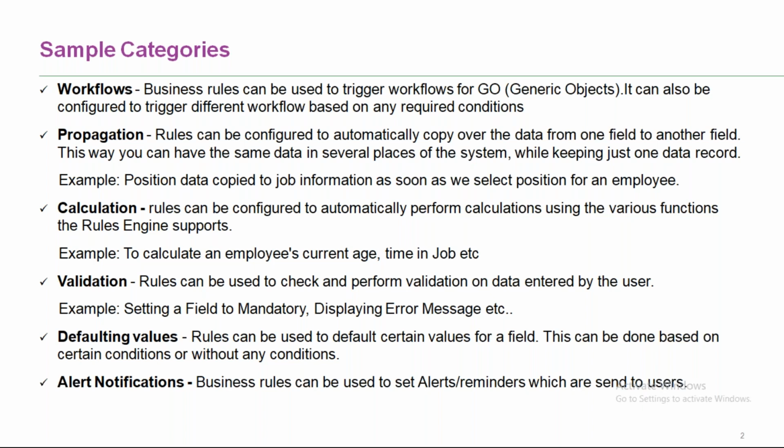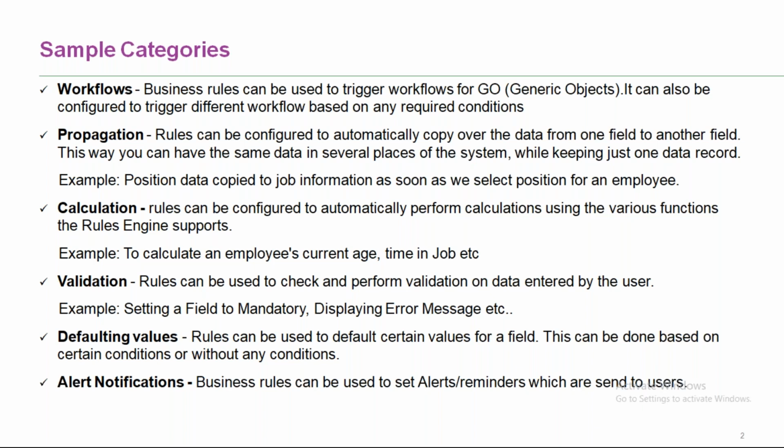Now, if the user selects marital status as married, then it should become mandatory. This cannot be achieved in managed business configuration. There you can specify whether a field is mandatory or not. If I say mandatory there, in all the conditions it is mandatory. Even if you select single or married, it is mandatory. No, I don't want that. Based on some conditions, I want this particular field to be mandatory. So those similar conditions can be achieved through business rules.